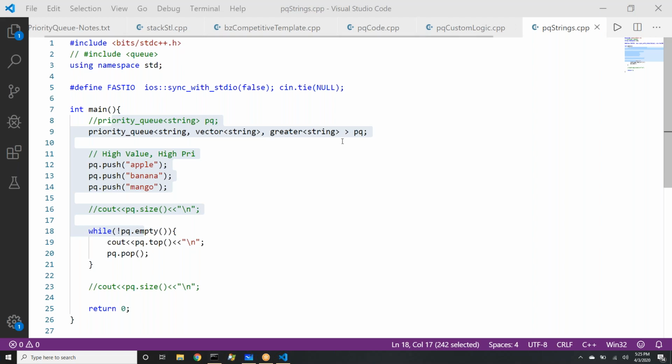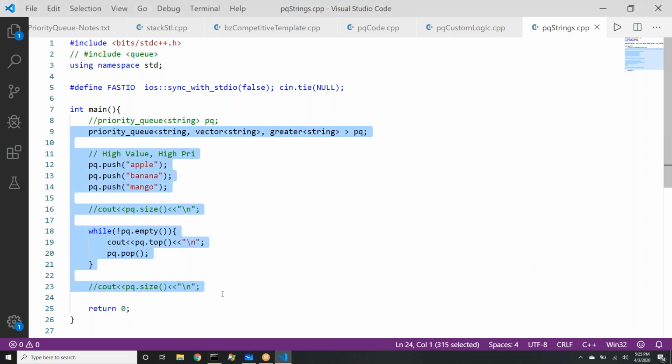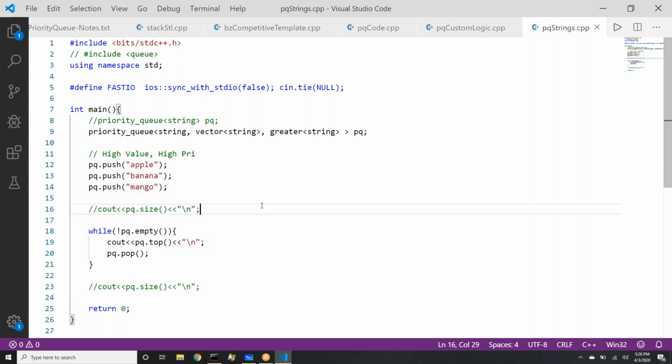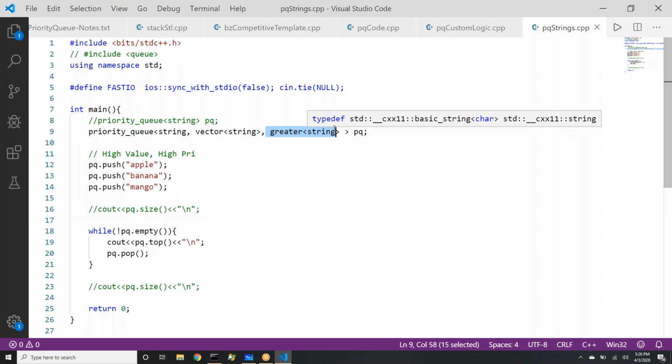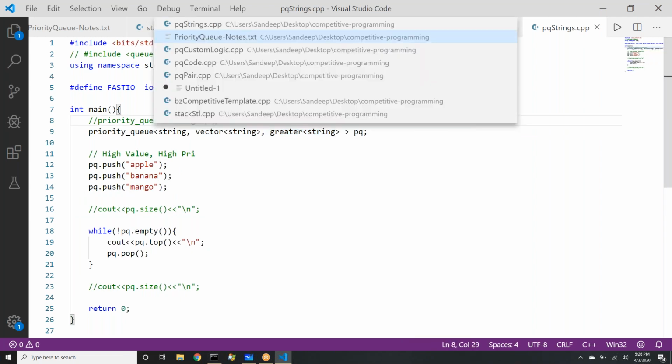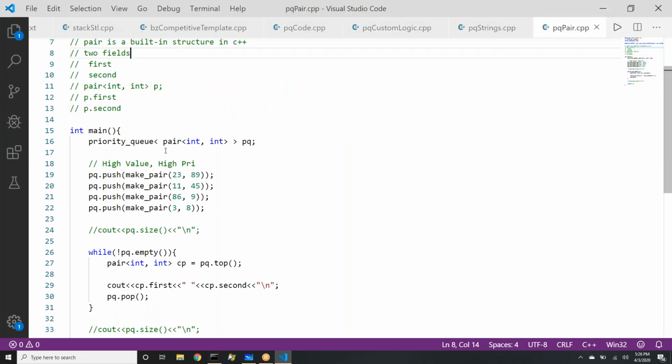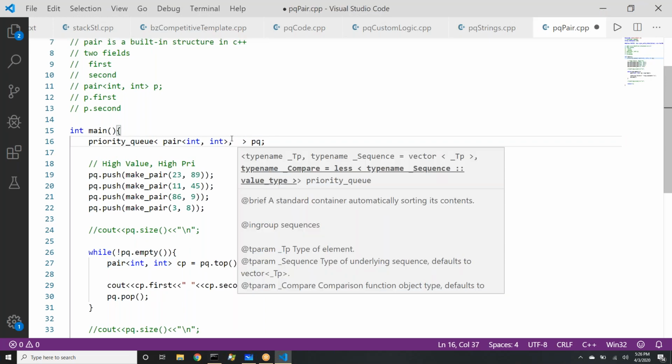People who are aware of these things, for them it is just writing a priority queue, pushing the elements by reading from console and printing them back. So this improves your speed. That is where STL is really helpful to people who participate in contests. Okay, so we have seen this in strings. Now, if we move the same thing back to pair, this is where the syntax will start becoming complicated. Now tell me, how do I make it in a priority queue? What should I write?